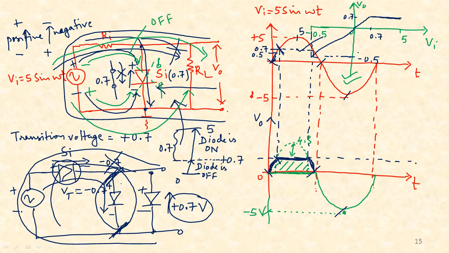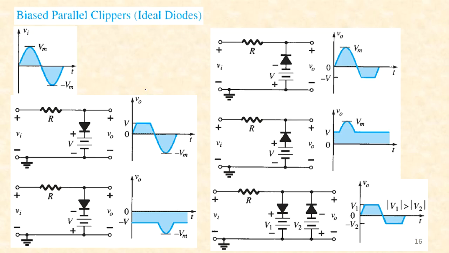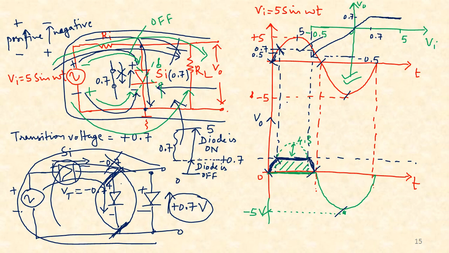Alright, so very quickly what I'll do now is make things slightly more complicated. To the diode I'll add a DC battery in series now. So let's try to analyze it. The students who are slightly confused, let us look at the next diagram. I think I'll just delete this. Okay, fine.